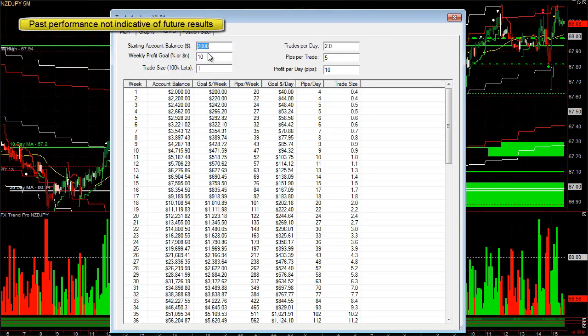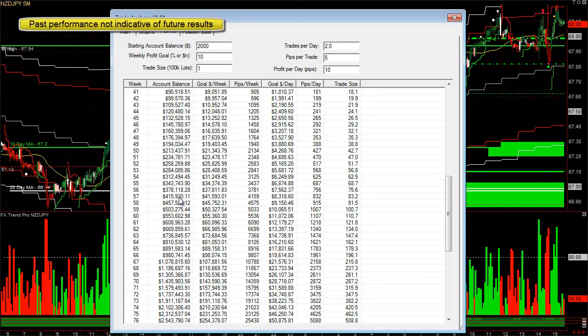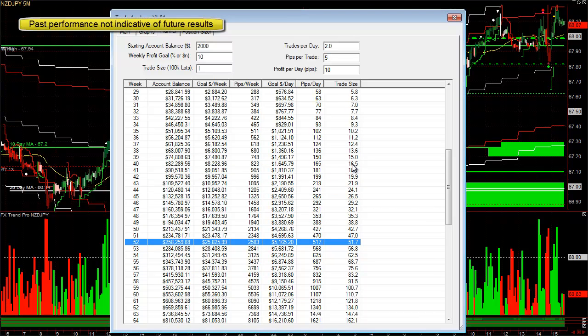For example, $2,000, 10 pips per day doubles your account every 2 months. As you can see, the 2,000's almost 4. Now it's 8,000, and doubling your account every 2 months obviously grows very fast at some point, but your trade size is up to 51 lots. Obviously, you get to a level where